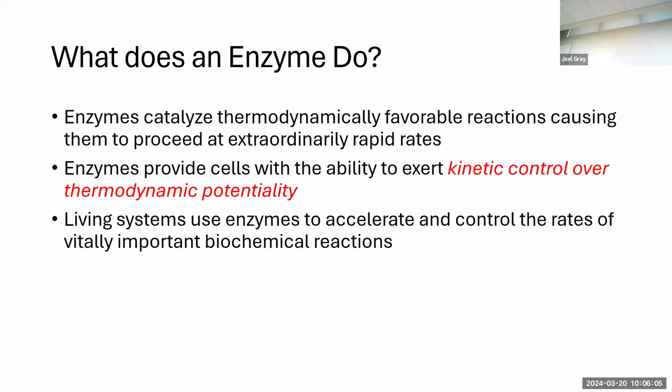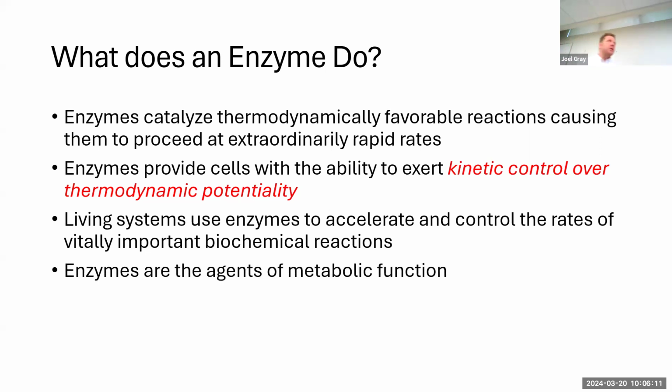Living systems use enzymes to accelerate some vitally important biochemical reactions. Enzymes are the agents of metabolic function. And there we go. Now, agents of metabolic function, those are the things that import a molecule and break it down. So this can of sugar-free Red Bull has 20 calories. So enzymes within my cells are going to take the molecules that are found in this, carbonated water, citric acid, and they're going to break those down into something where my body is going to be able to get 20 calories from that. Okay.